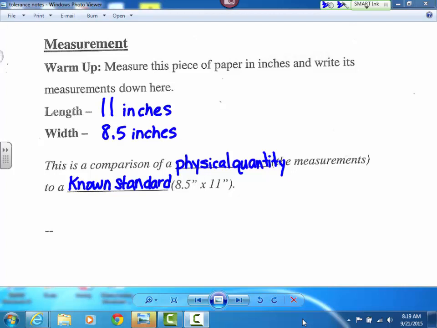This is one of the things that we tend to do with our measurements in chemistry as well. We'll have some known standard that we're going to see how close we can get during a lab or during an activity. And the overall point of this, and again, I'm a little surprised nobody got just above or just below, but the overall point of this was to show that different people can measure things differently, so that what one person might call 8.5, the next person might call 8.4. And we all got the same answer apparently, so the little illustration didn't work as well as anticipated,